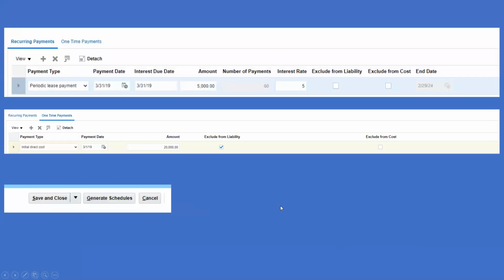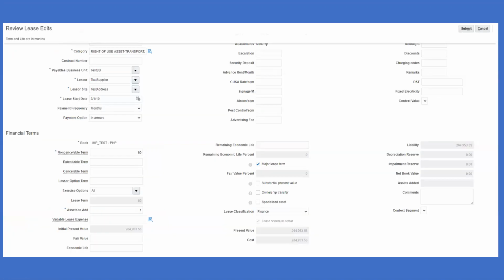In the last video, we said that after entering all the financial information, click on the Generate Schedules button. This will create the financial schedules here, the amount schedule created as per the monetary details which we provided. The system calculated the liability as this, and the asset cost is like this. This calculation the system does on its own.